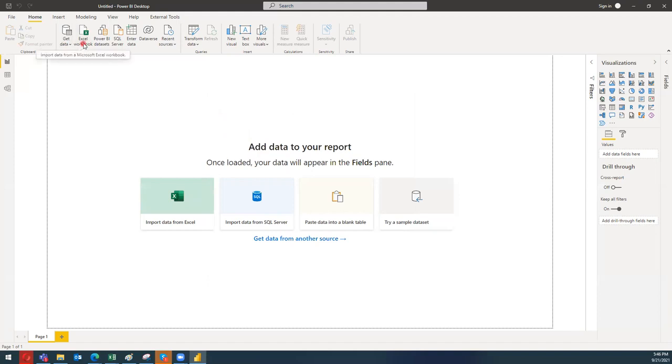They are actually pinned here as well, like the Excel workbook connector, Power BI datasets, SQL Server, and you can actually enter your own data and the databases and the recent sources that you have used. Once you connect with your data by using these connectors,